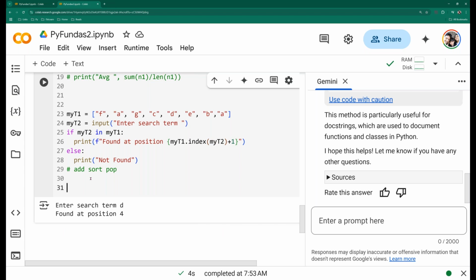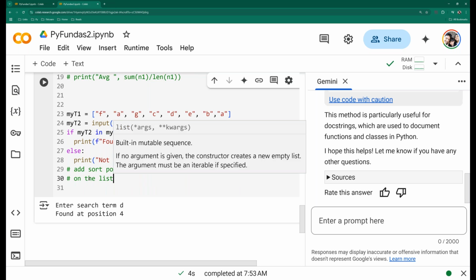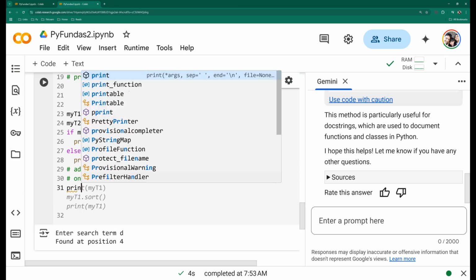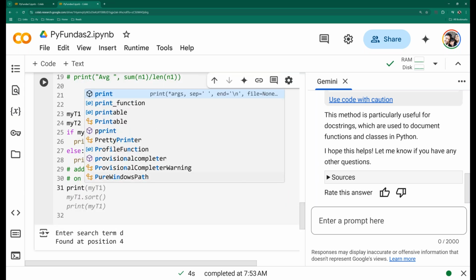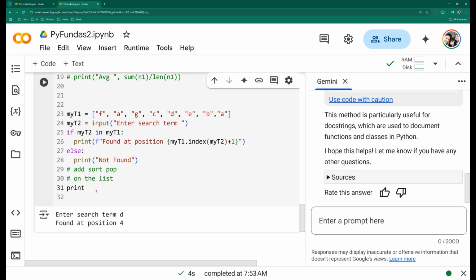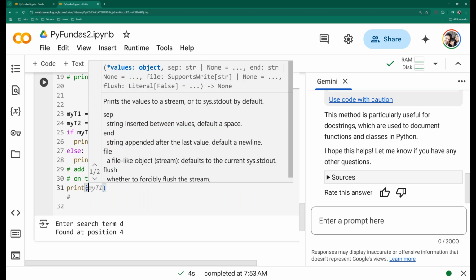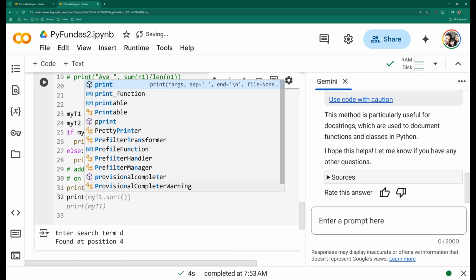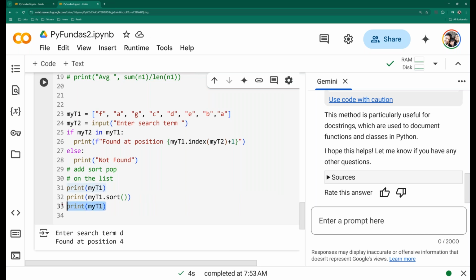You are basically doing that operation on the list. So if I just print the entire list right now, my T1, it'll, okay, perfect, thank you. And what we're doing now is let's sort it. So print my T1 dot sort, there we go. I don't need to print it again here. So here is a sorted list. So once it's sorted, you can't do anything out of it. Team, sorted list is,